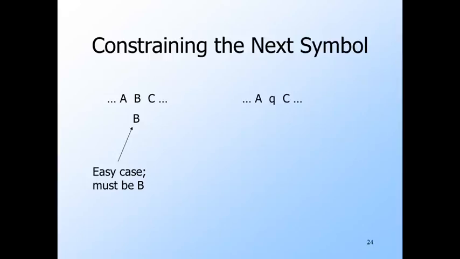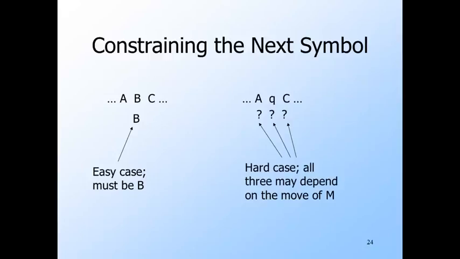We already covered this case in the previous slide with the expressions that say if the state is not nearby, then the symbol doesn't change. But in the hard case, there are three positions, the positions that hold the state in the I minus first ID and its neighbors, that can be affected by the move. Moreover, since we're simulating a non-deterministic Turing machine, there may be a choice of move, and we need to coordinate the three positions in the ith ID to make sure that all three reflect the changes of a single choice